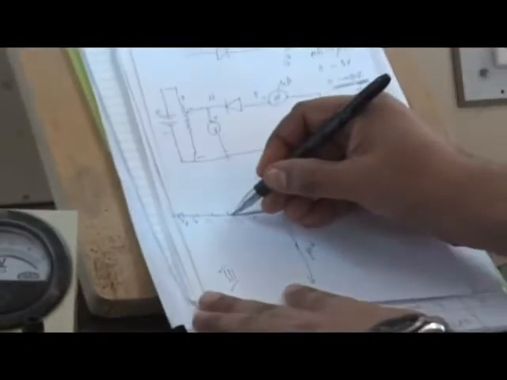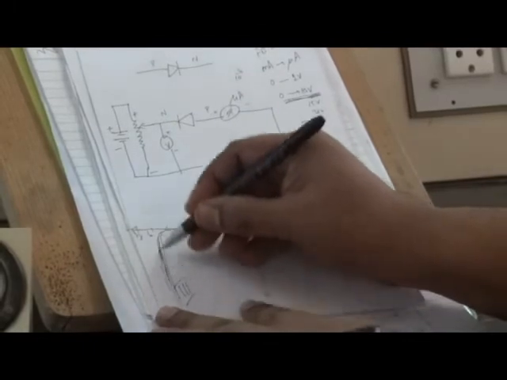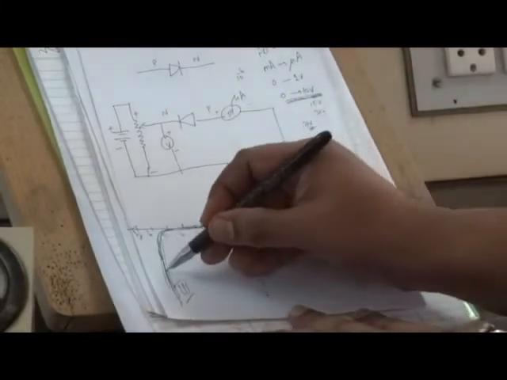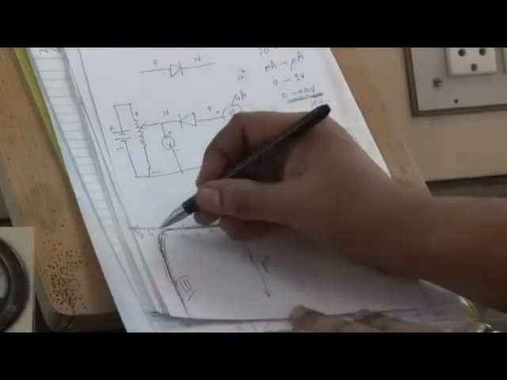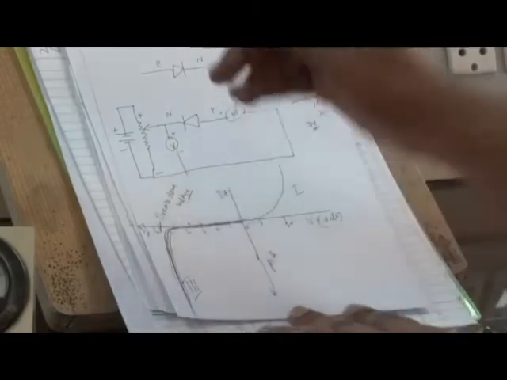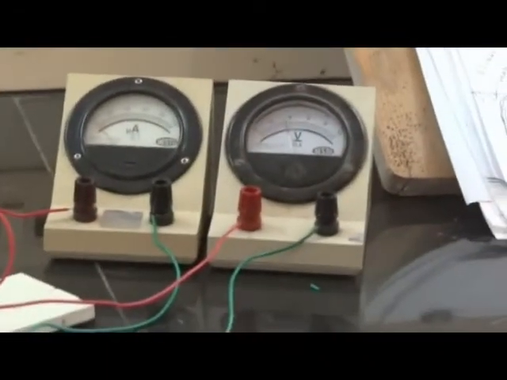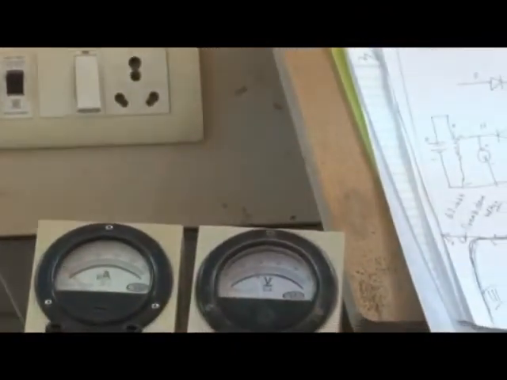If you draw the graph, it will come like this, a line parallel to the x-axis, and all of a sudden the line will come down. A very large negative current is flowing in the reverse direction. This point is called the breakdown voltage. The voltage at which the diode breaks is called the breakdown voltage, and here it is around 6.2 to 6.4 volt. So in the market, a 6 volt Zener means it breaks at 6 volts. A 12 volt Zener means it breaks at 12 volts.